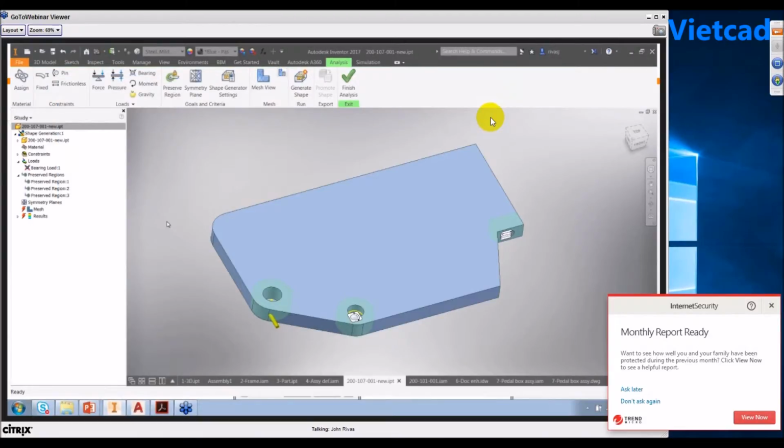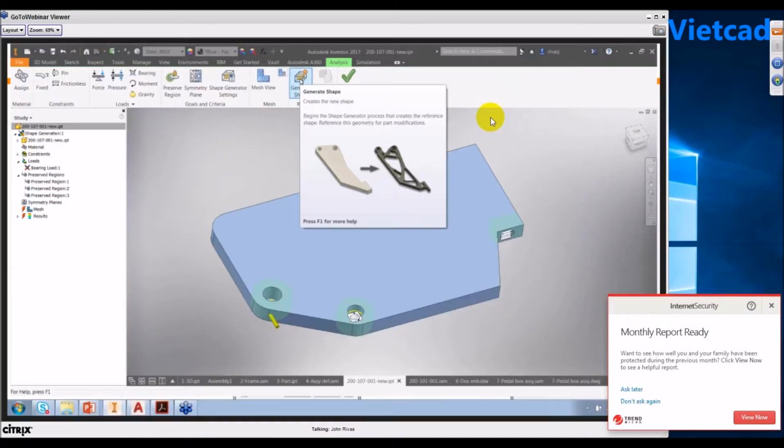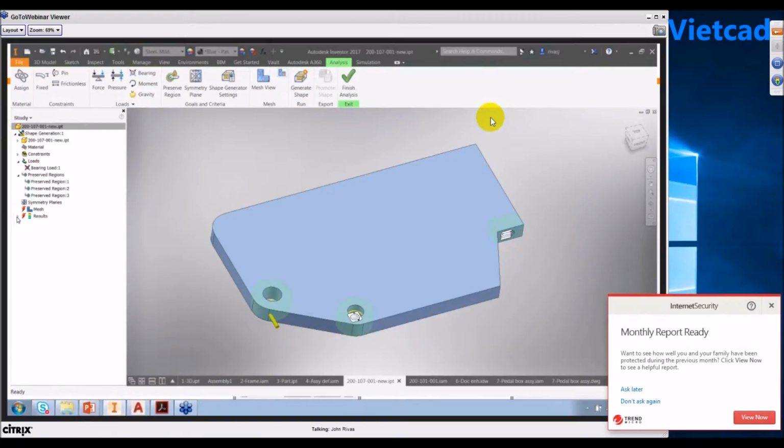And then once you're ready, you can simply generate that shape. Once it generates that shape, it will discretize your model into finite element shapes. Since the underlying technology is FEA, it will perform a linear static analysis based on the loadings that you have defined. And from there,